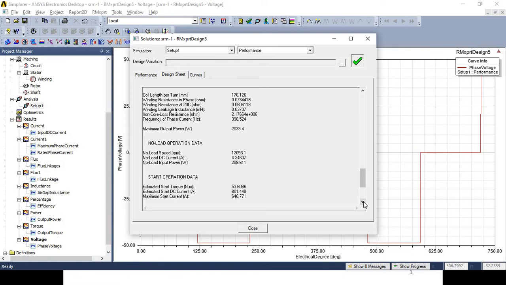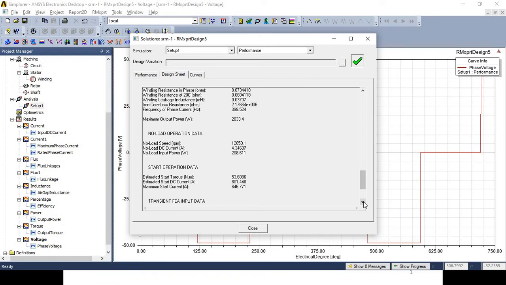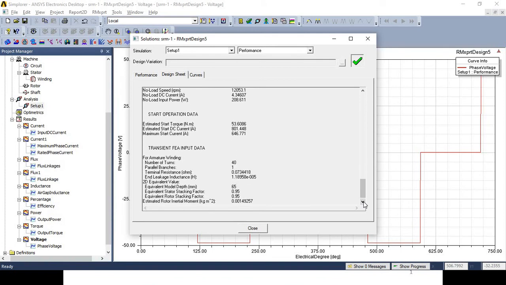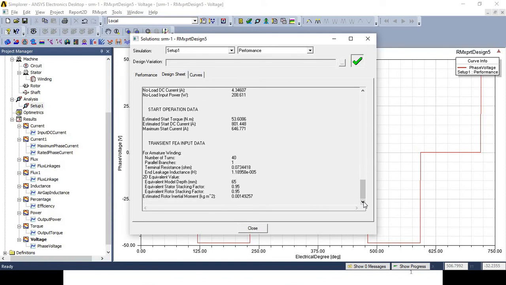No load input power is 208.611 watt. In case of the stator operation data, estimated start torque is 53.6086 Newton meter. Estimated start DC current is 801.448 ampere. Maximum start current is 646.771 ampere. Then in case of the transient APA input data, for armature winding, number of turns are 40,